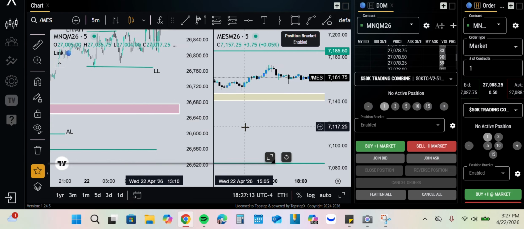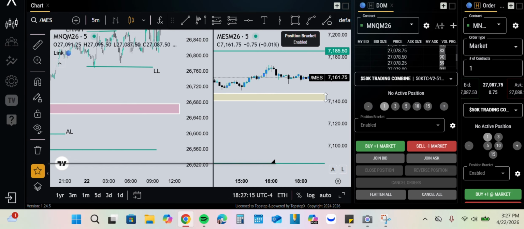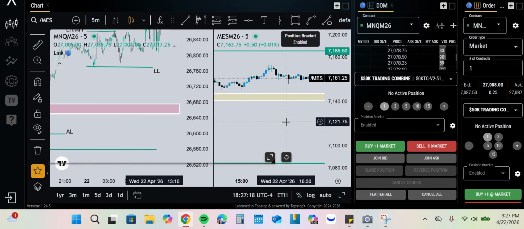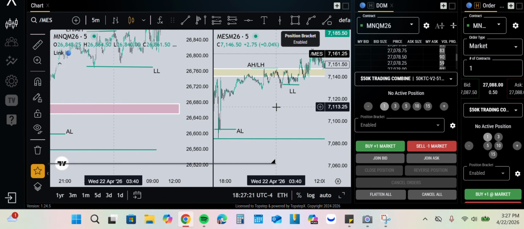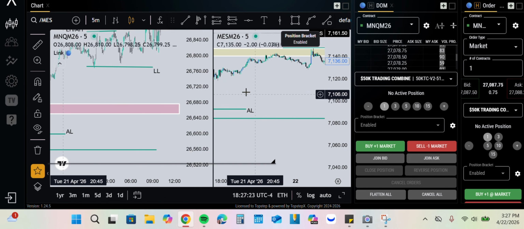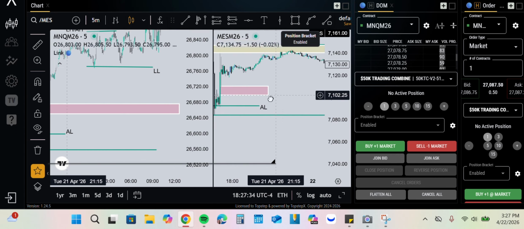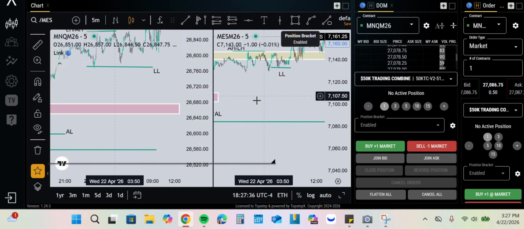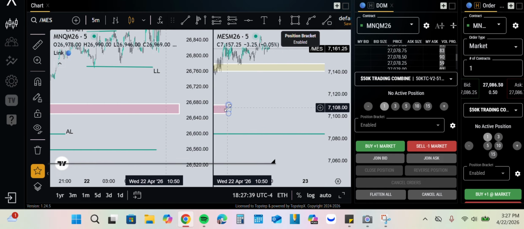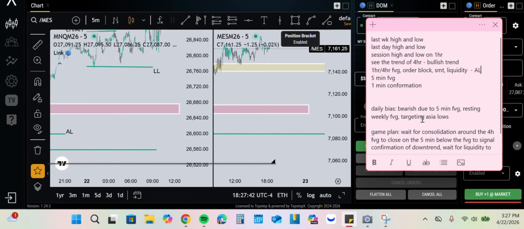And on MES, we also formed the same fair value gap. Alright, and then to enter the trade, we're just going to look for a 1-minute confirmation. And all that means is on the 1-minute time frame,